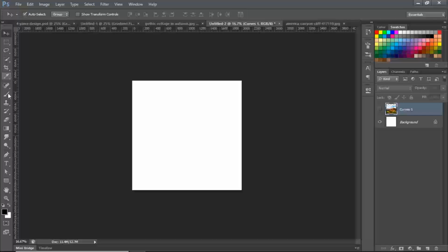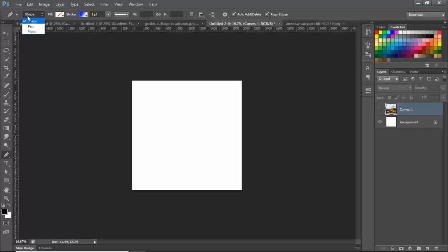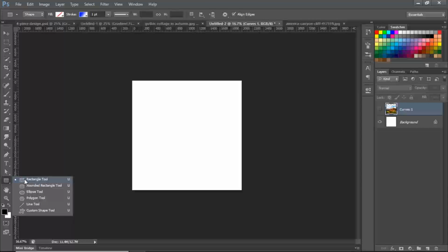Now we're going to work with, you can either use the pen tool, or you can straight away use these tools here that already give you shapes that have already been created. For the sake of time, I'm going to use this rectangular tool, and even if you're using the pen tool, make sure that here you have shape selected and not path. If you select path, it won't work. Select your shape here. So, but now I'm going to use this. So the principle is the same. I'm just working out of